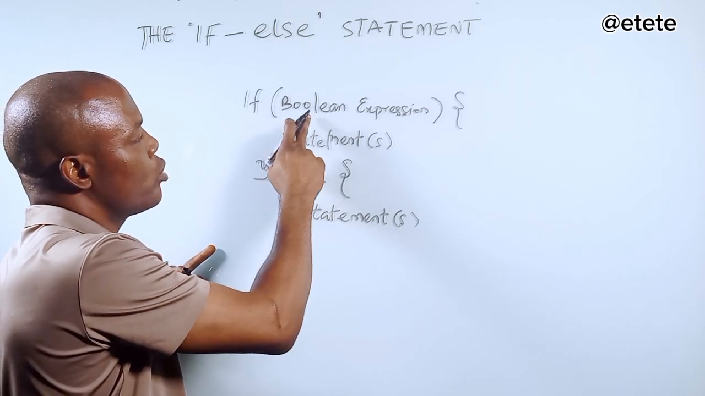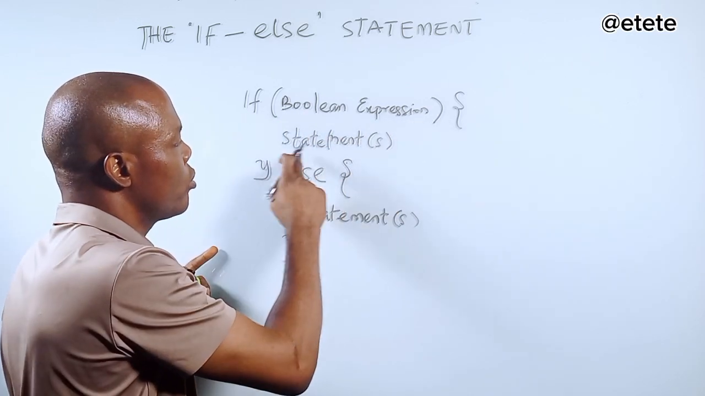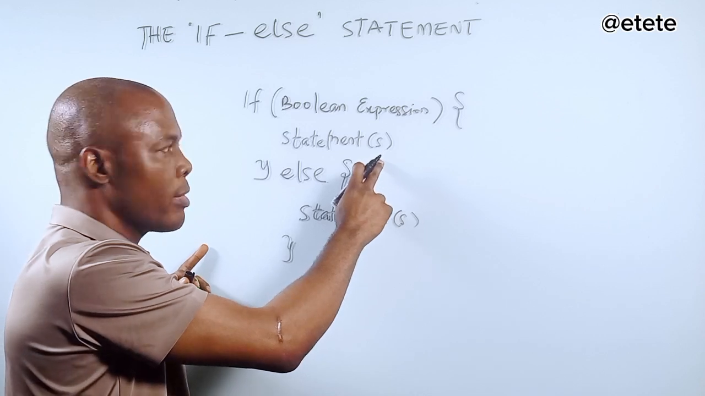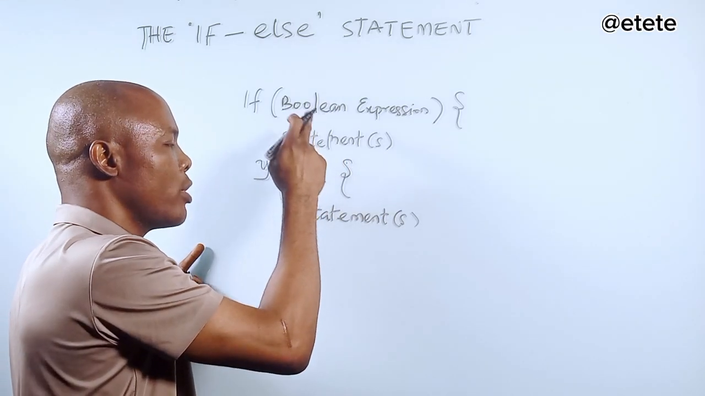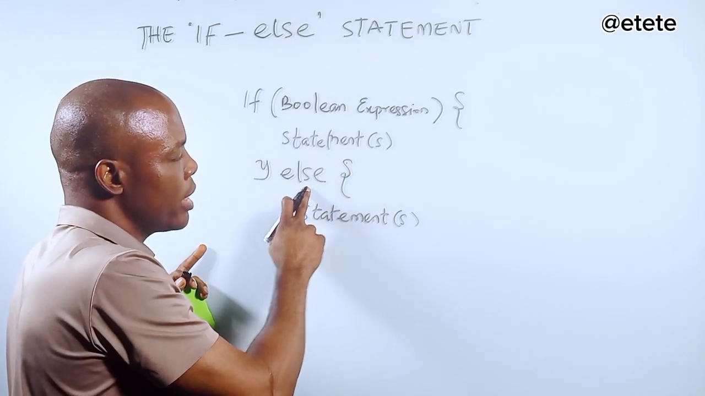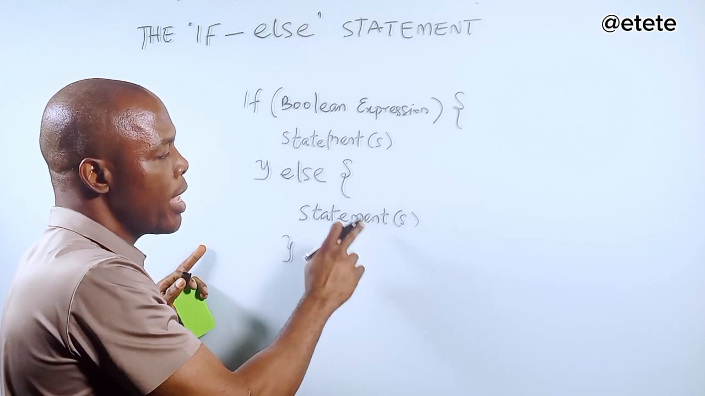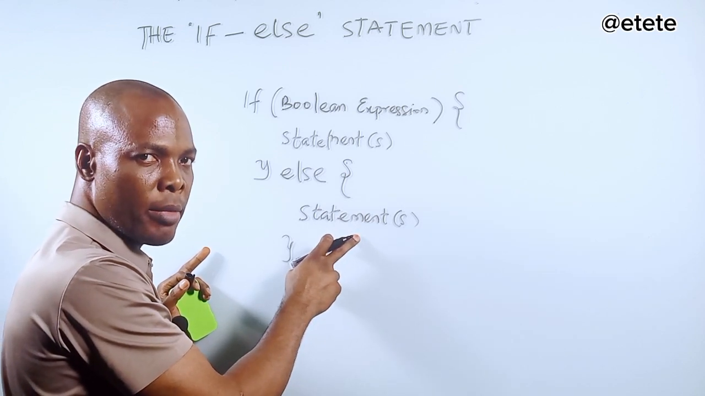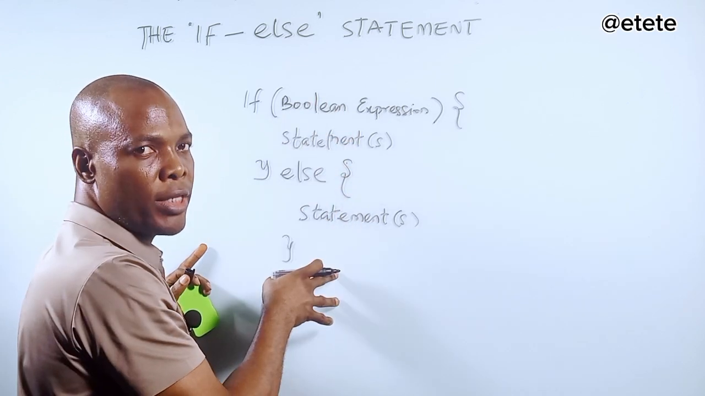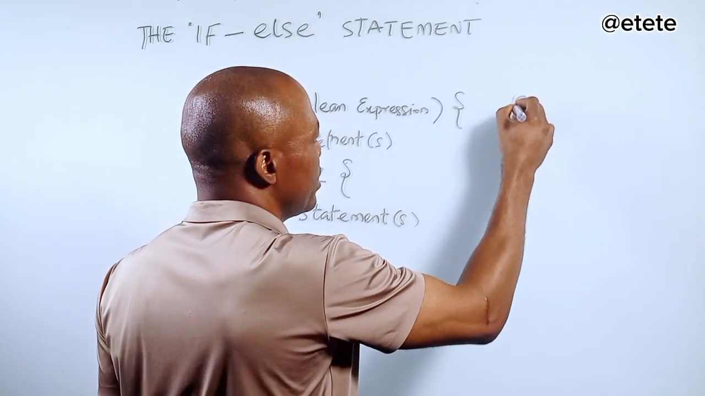If the condition is true, if this expression is true, it will go in and print this. Else, if the condition is false, it will come to this else and then it will go in here and it will print out the else statement. So what is the flow chart for this? The flow chart is